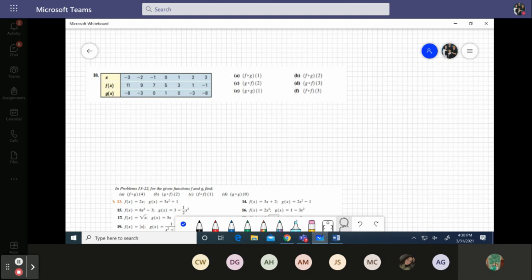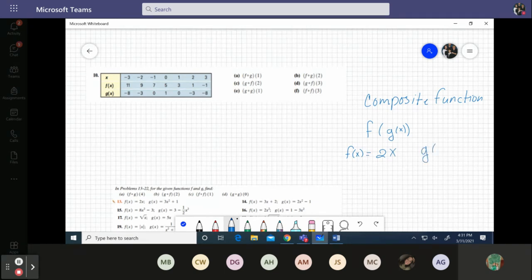So the first thing on a composite function, I need a pen. It's when we're going to insert one function inside of another function. So if I have, let's say, f of x is equal to 2x and g of x is equal to x minus 5. Well, what I'm going to be doing